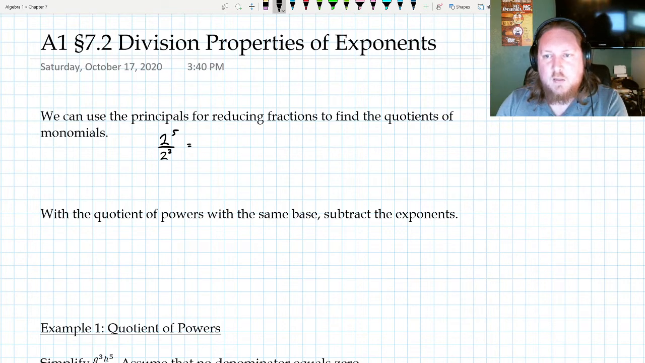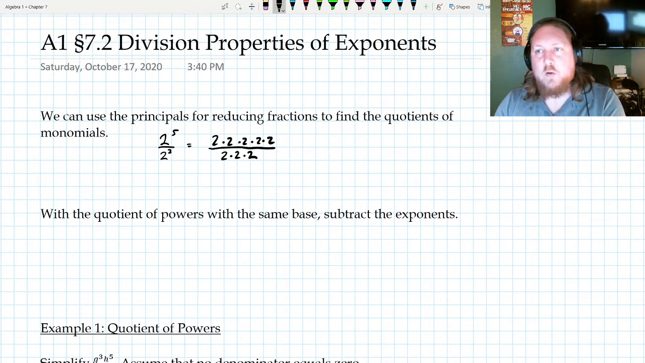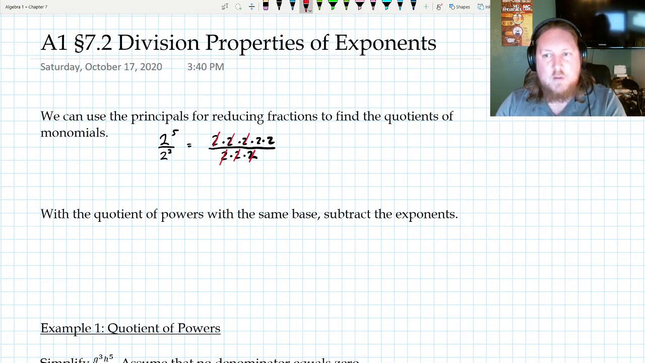2 to the 5th means 2 times itself 5 times. 2 cubed means 2 times itself 3 times. Now if you notice here, whenever you have a number divided by itself, like 2 divided by 2, it cancels out and becomes a 1. So we can pair these things off. One from the top, one from the bottom, one from the top, one from the bottom, one from the top, one from the bottom. I'm out of them on the bottom, so all I have left is 2 to the